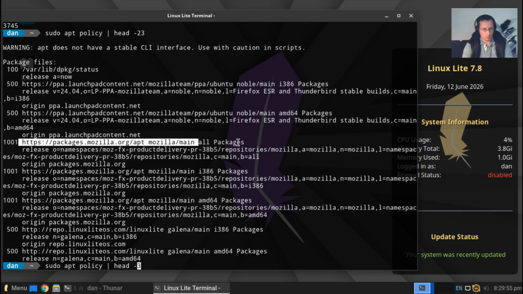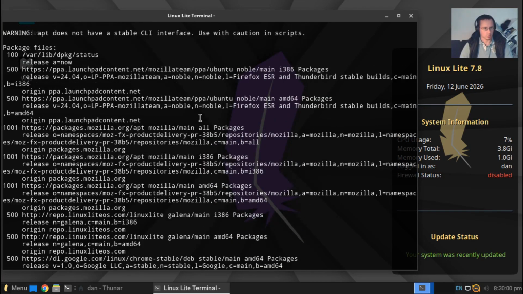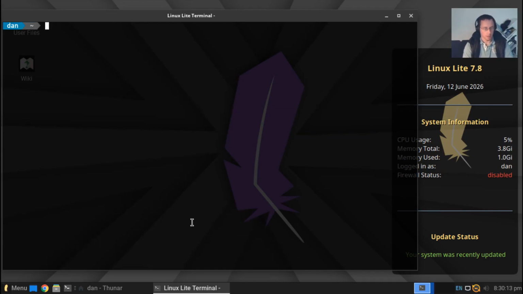And let's use 70, for example. Then you see Ubuntu, Linux Lite, and the Google repository is here also. So they have Google Chromium directly from the Chromium repository. So let's check sudo